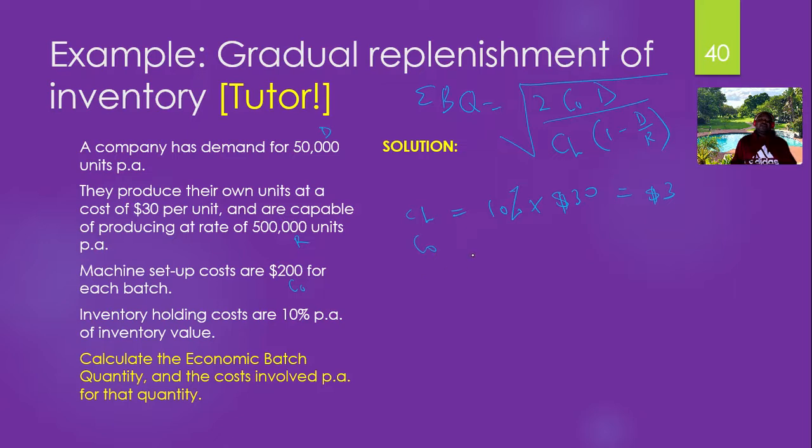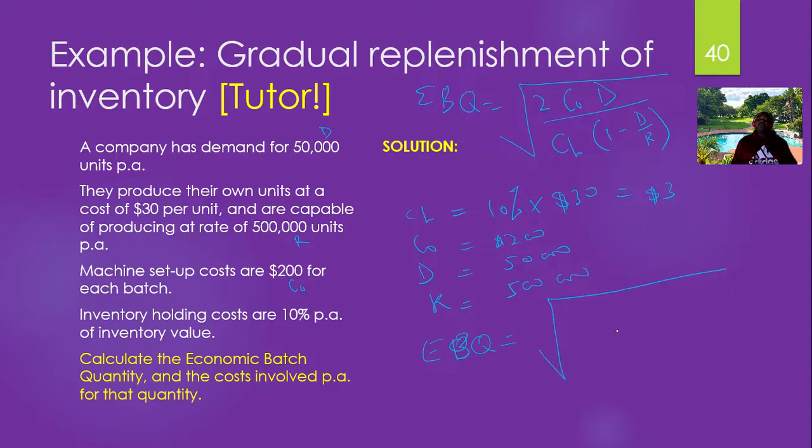Okay, what about our CO? CO is given as $200. D is given by 50,000, and our R is given by 500,000. So the EBQ becomes